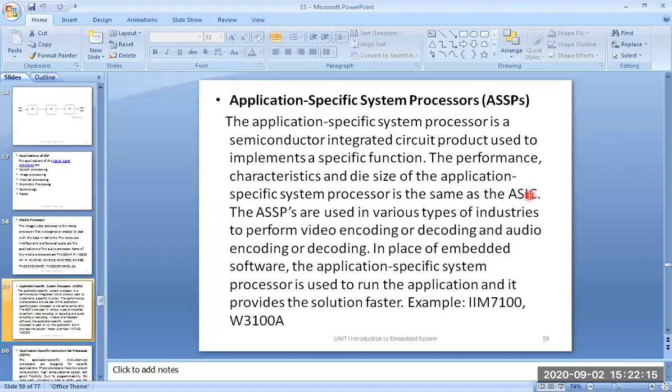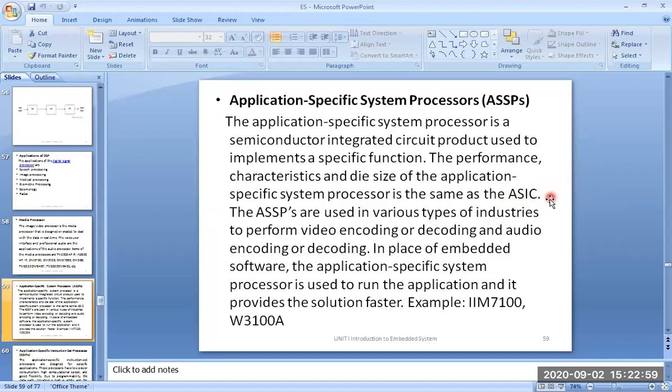Now coming to the ASICs. ASICs means application specific integrated circuits. In the ASIC, we don't have any processor. We just have hardware to execute the Fourier transform. We give the input signal to the ASIC. That circuit is not a processor. We don't have any algorithm. We don't have a control unit, arithmetic logic unit, and so on. We just have the hardware directly. It takes the input signal in numbers, finds the Fourier transform and gives it out.